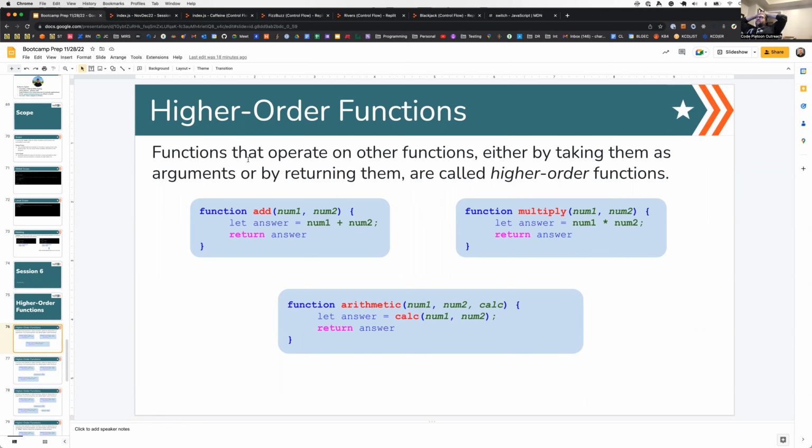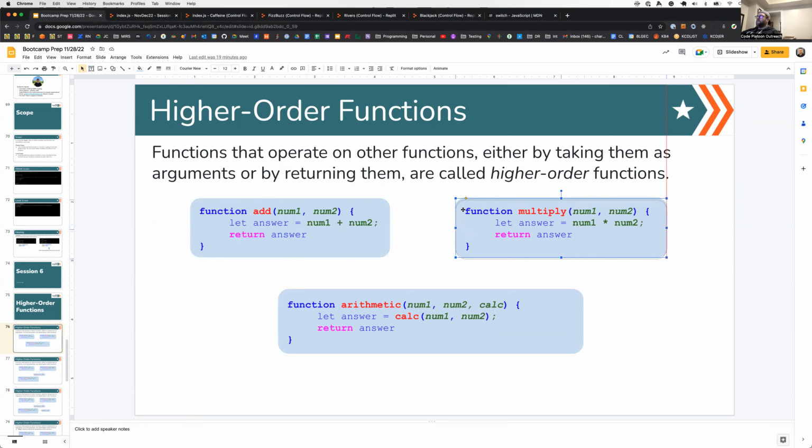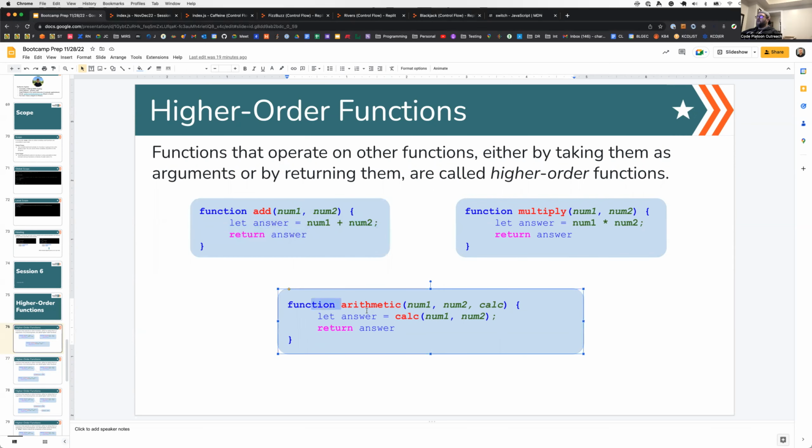So a function that operates on other functions, either by taking them as arguments or by returning them, is called a higher order function, right? So if we take a look at this here, this is a function, and this is a function. And then this is a higher order function. Okay. And so what we're doing here is we're giving it a number and then a second number and